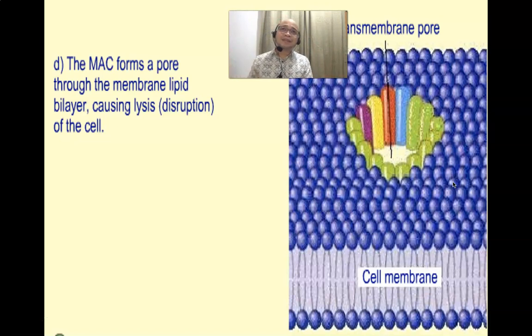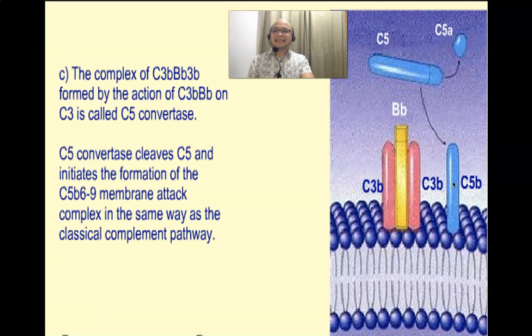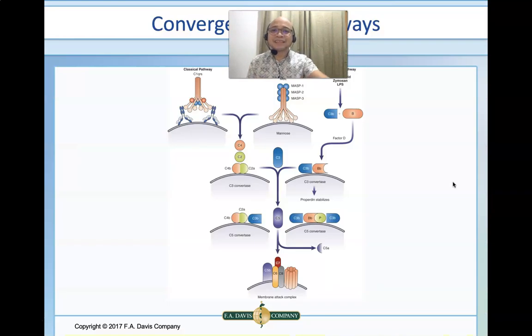And then there are components found in the classical pathway that are not found in the alternative: C1, C4, and C2. There's no such thing as C1, C4, and C2 in the alternative pathway in our discussion, because it starts with C3. But again, the end result would be the same. So as you can see here, in the convergence of the pathways,